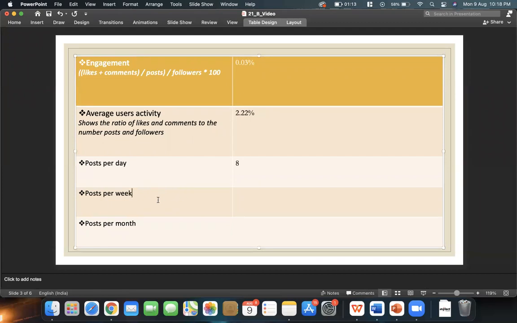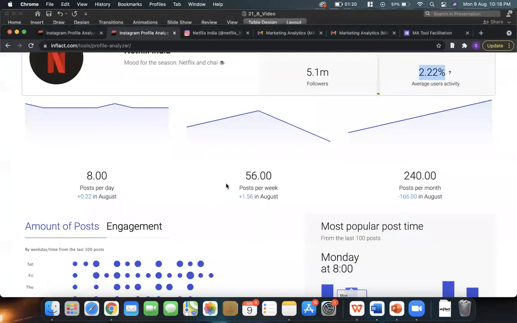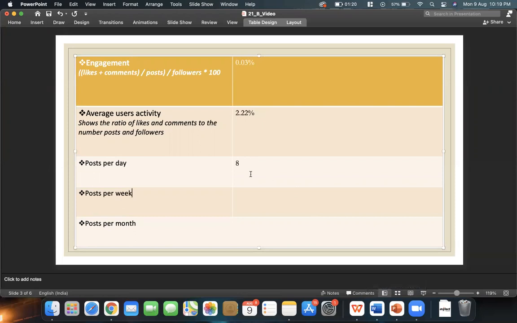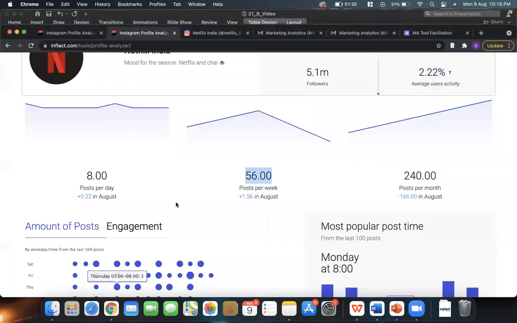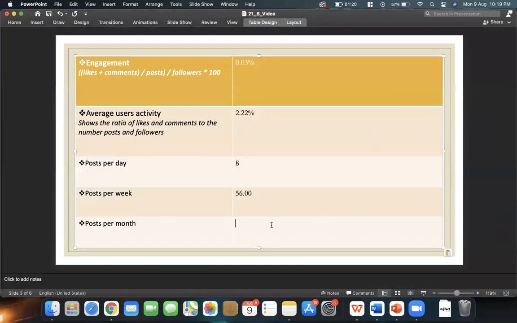And next, if you look at the posts per week, we see it's 56. Next is the posts per month. Netflix posts around 240 posts per month.